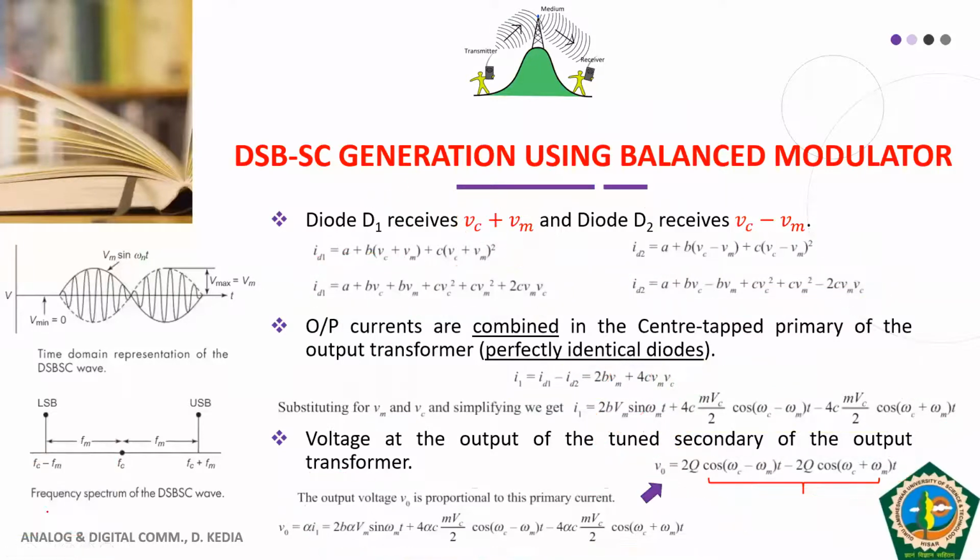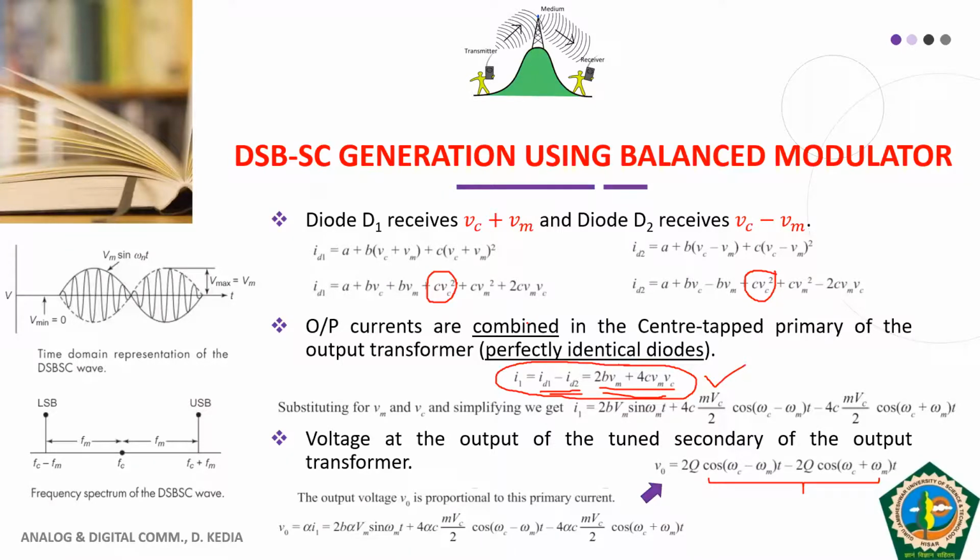If you look at this mathematical expression, you will be able to remove the carrier only when the difference of these two currents gives you this expression. That means the VC part in these two expressions, this CV square part and this CVC square part, the carrier component through these two diodes, if they completely subtract from each other, only then will you be able to get a double sideband signal without carrier. The carrier will be completely cancelled.